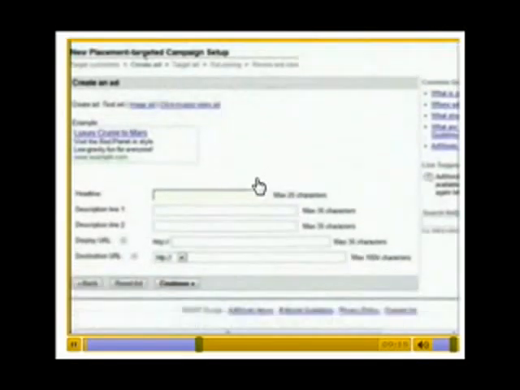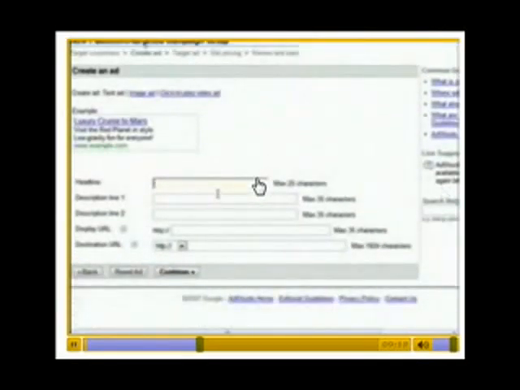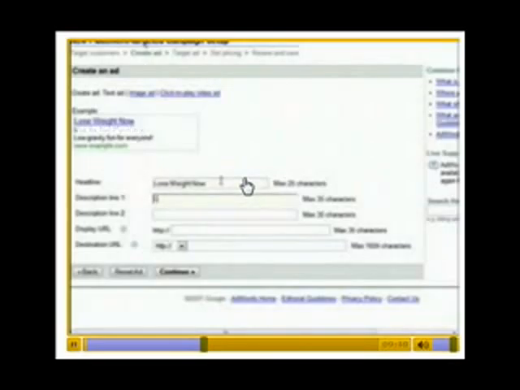So now, here's where we create our ad. We create our ad like we normally would. Remember that big ad I just showed you a little while ago? Well, all it is is a bigger version of this ad. So whatever we enter here is going to be blown up. So let's write an ad, and assuming that it's going to be a weight loss ad, I'm just going to make something up. Lose weight now, and we'll just type lose 30 pounds